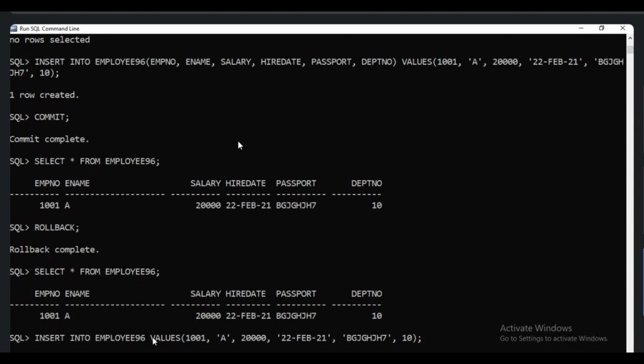Okay. So if you are mentioning the column names, then whatever sequence we have in these column names, in the same sequence we have to mention the values. So if you mention the employee name first, then we can go with the employee name first. This sequence we can maintain for the values. But if you are not giving column names, whatever the sequence of columns in the table, the same sequence we have to mention. Okay. Employee number 1002.